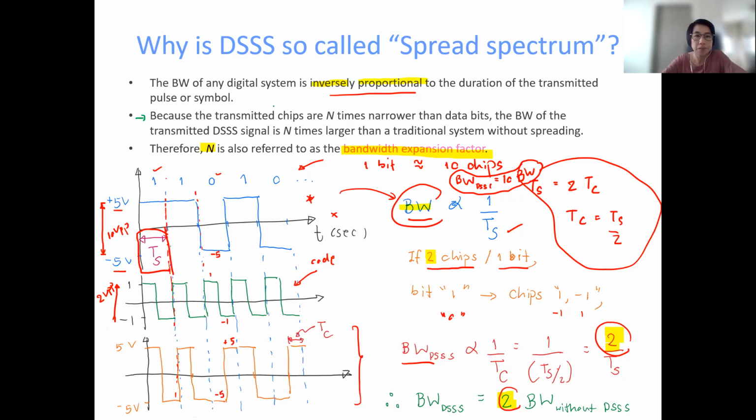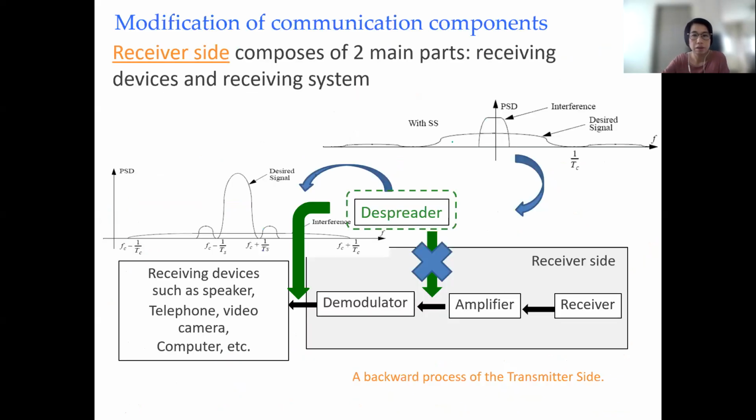Okay, if the transmitted chips are n times narrower than the data bit, then the bandwidth of the signal is n times larger than in a traditional system. That n can be referred to as the bandwidth expansion factor. So if you make n chips, then the bandwidth becomes n times that of the original signal. Sometimes we call n the bandwidth expansion factor. All right, that is what